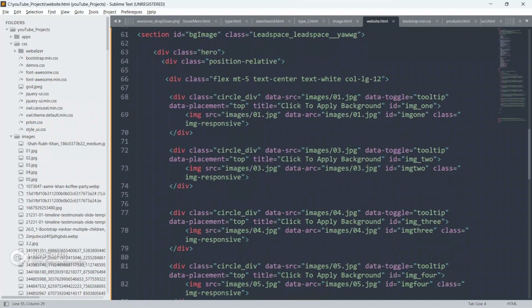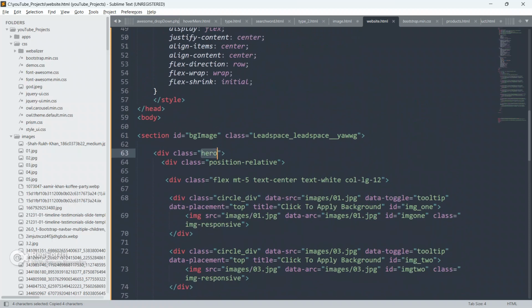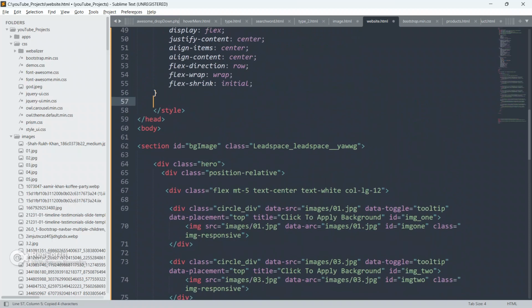Again, go to the style sheet. Now we are going to target this hero class, guys.